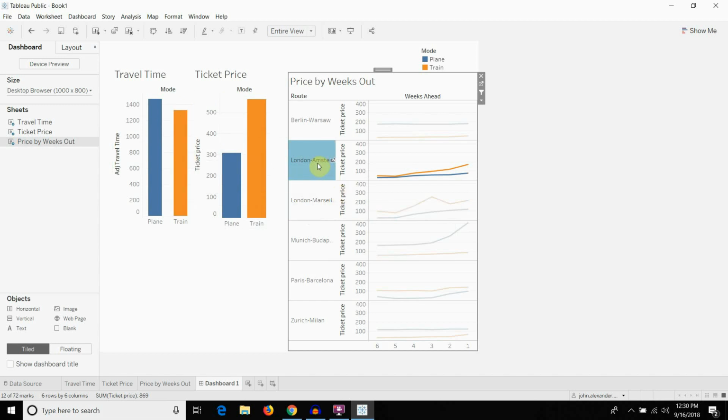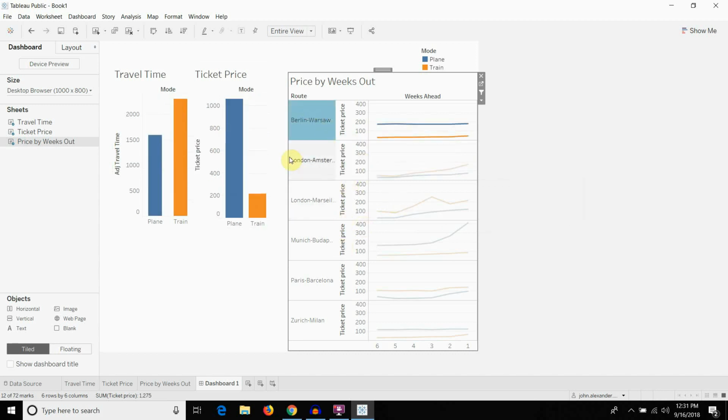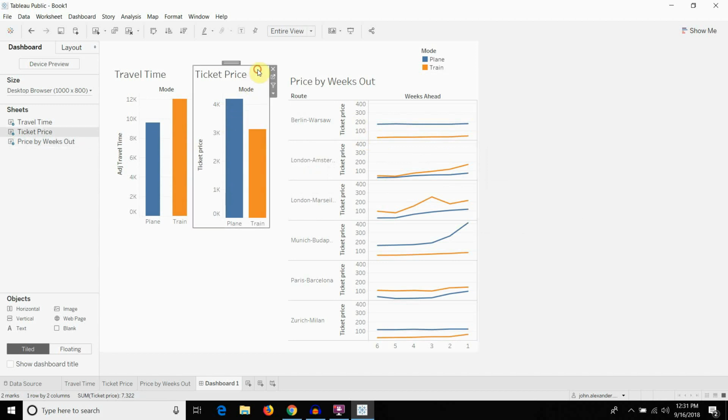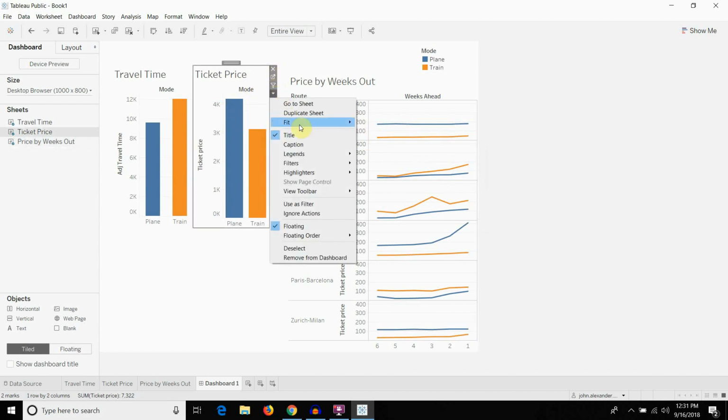Milan, we have a bit of a... London to Amsterdam, we have a bit of a different story, where the train price tends to be higher, although it's actually quite close at the beginning, and really the train time is just as quick as the aeroplane. Berlin and Warsaw we can explore like that. This is obviously a ticket price one week out, right? So we should really